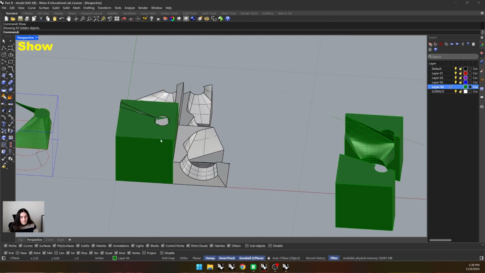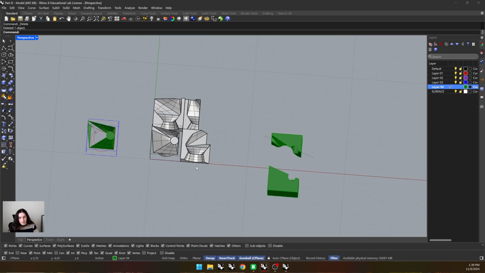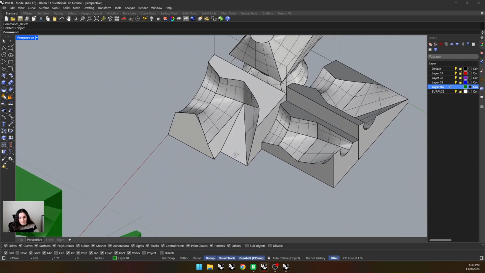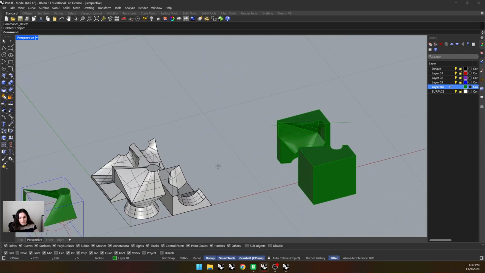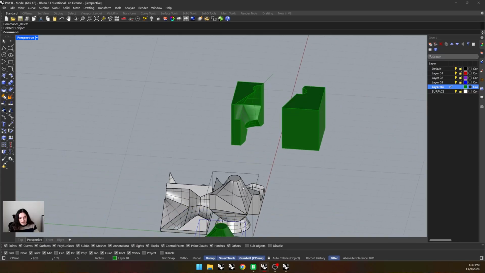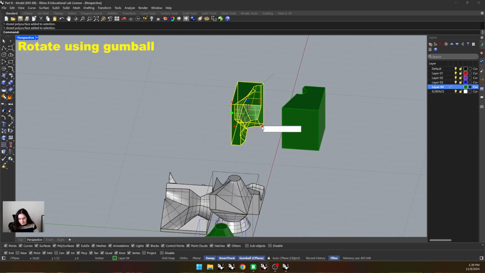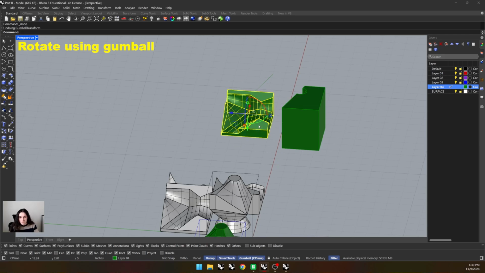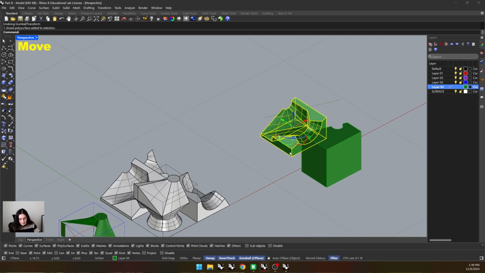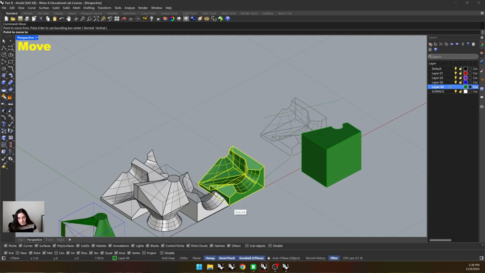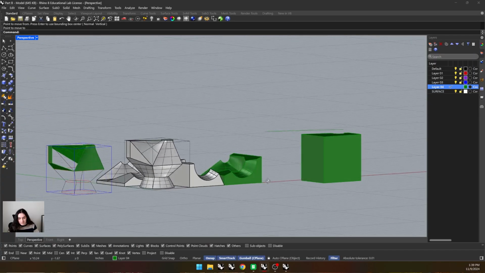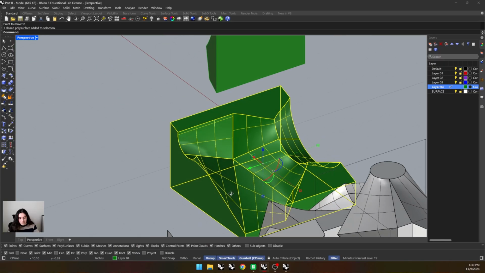Okay, so I cut my thing a few times. I have the first, you see this cut relates to this one, and what I did is I just rotated these to kind of lay them flat, to start to read how I would want to actually 3D print them. And it looks like this one's good. What I'm looking for